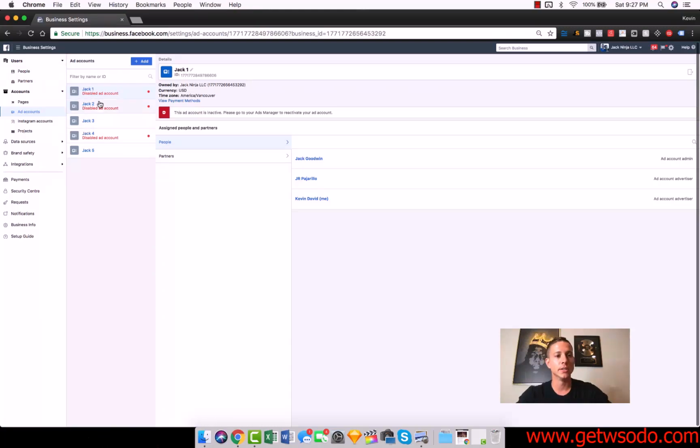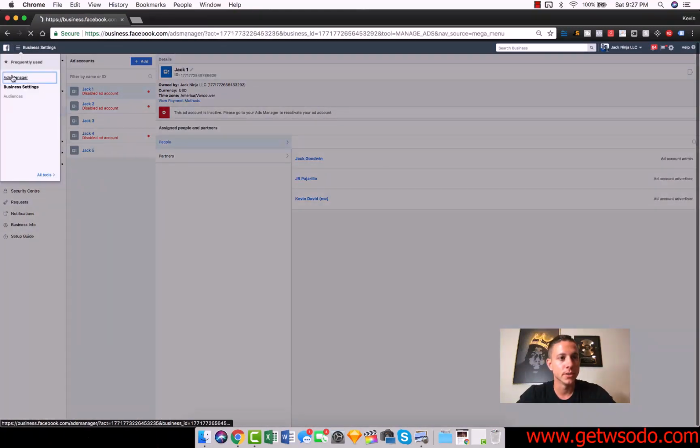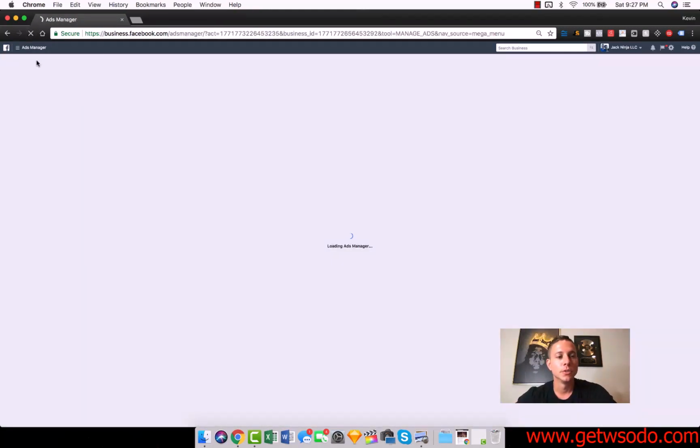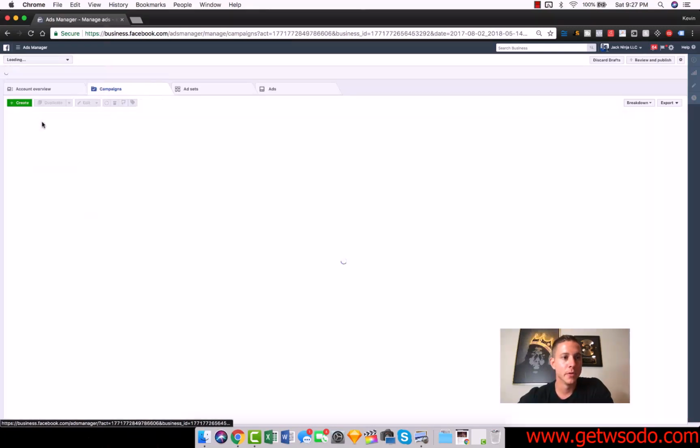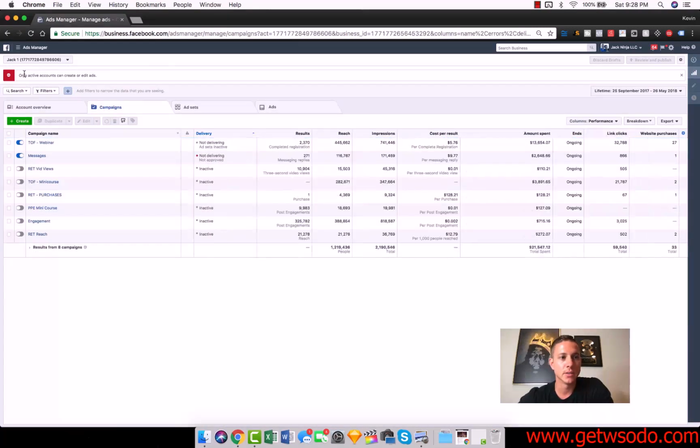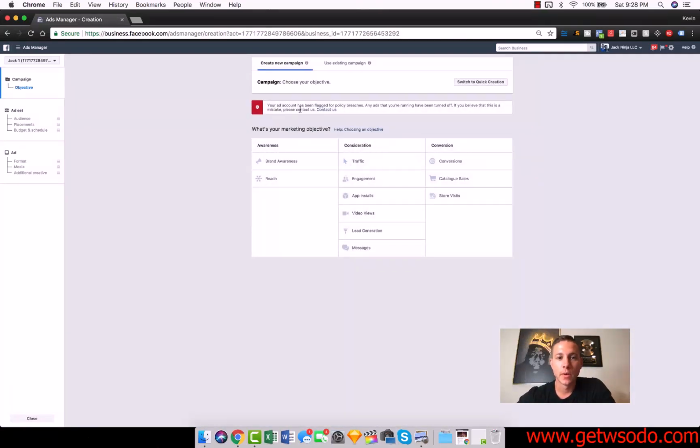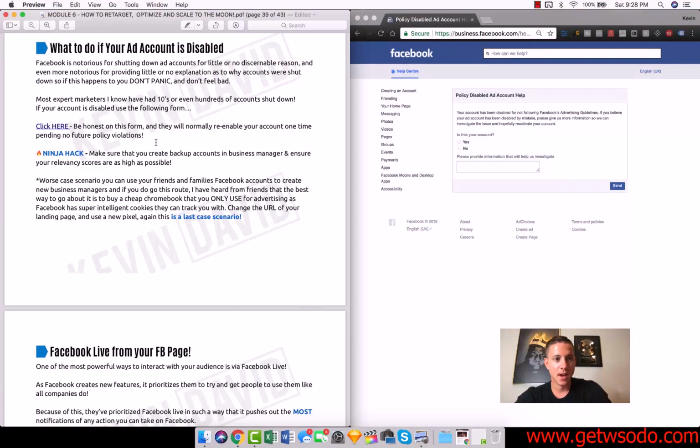And so if we go into one of the disabled ones and go into Ad Manager, we'll choose Jack 1 because it's disabled. We'll see the little notification up at the top, right? So there's no notification on this one because it's active. But if we go to Jack 1, we will see this: only active accounts can create ads. So if we go to create, your ad account has been flagged for policy breaches. Any ads that you're running have been turned off. If you believe this is a mistake, please contact us. So if you click contact us, which is the same as this link right here,